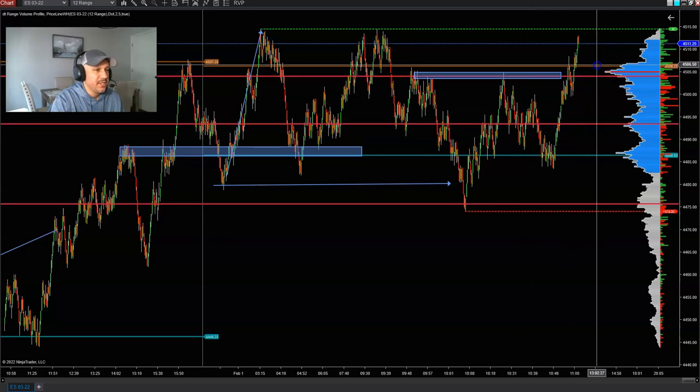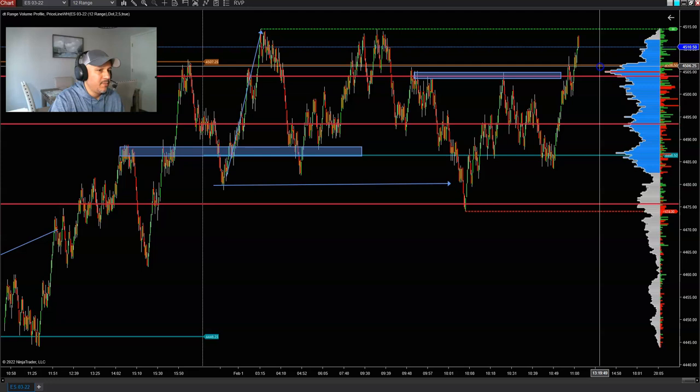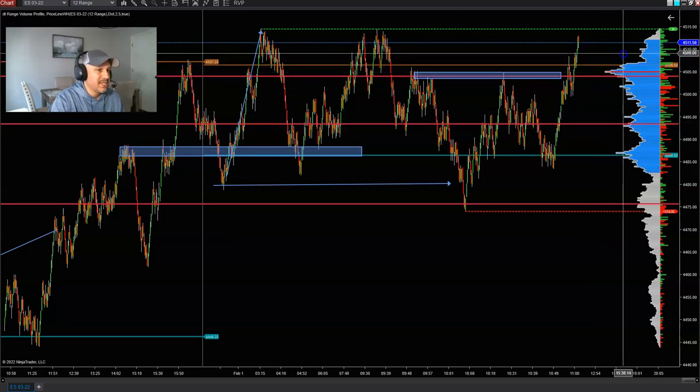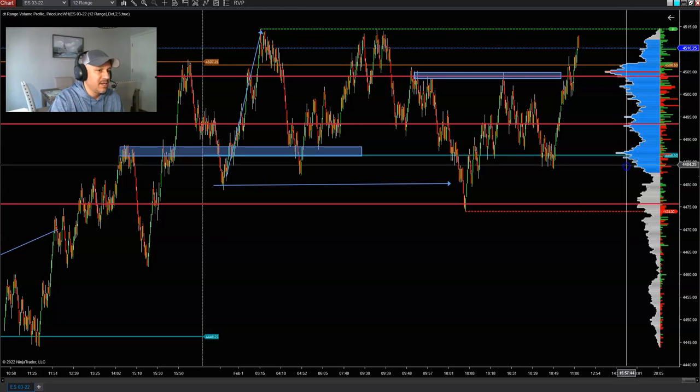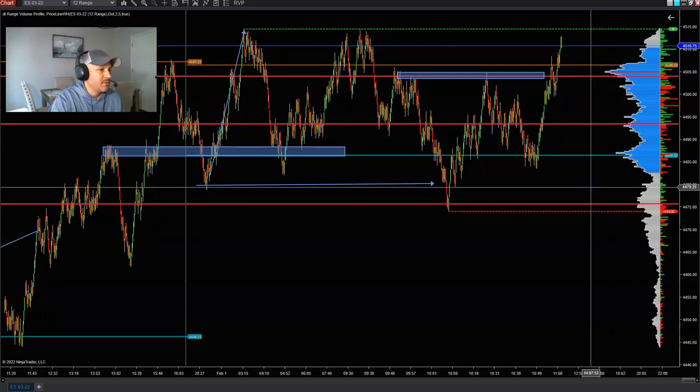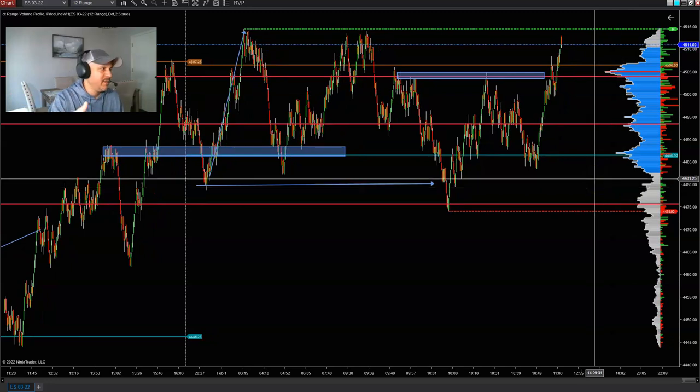It just measures the highest points of volume in between a range, pretty much. So when price gets outside the value area high, volume is lower. Price gets out of the value area low, volume is lower. So, I don't trade around those things. I don't trade the MACD, the RSI, the VWAP, all that stuff,